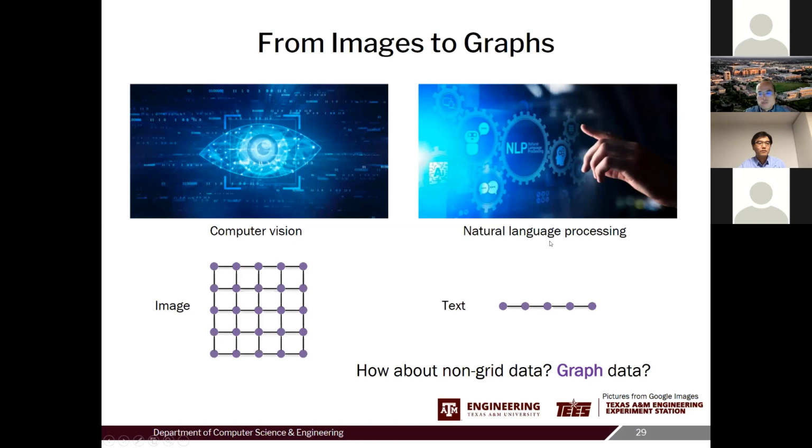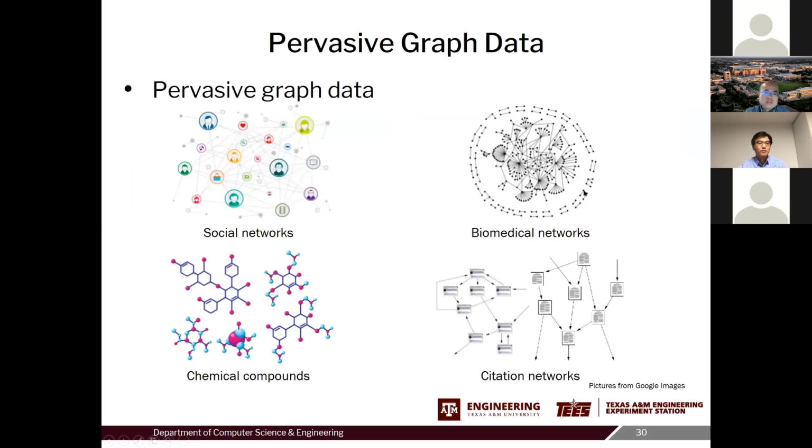And similarly for natural language, we have a sequence of text as input, and this sequence of text can be considered as a one-dimensional graph. One of the problems that we have been working on in the past few years is how can we apply deep models on generic graphs? This graph part is mainly based on the work of my student Hongyang Gao, who also prepared most of the slides, and he will join Iowa State University as an assistant professor in August.